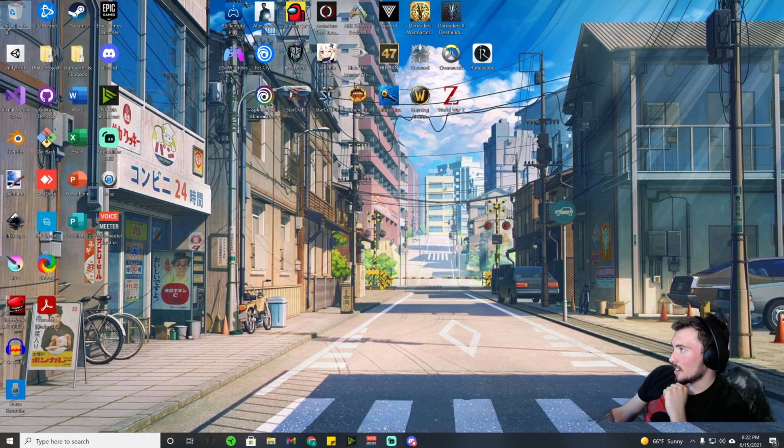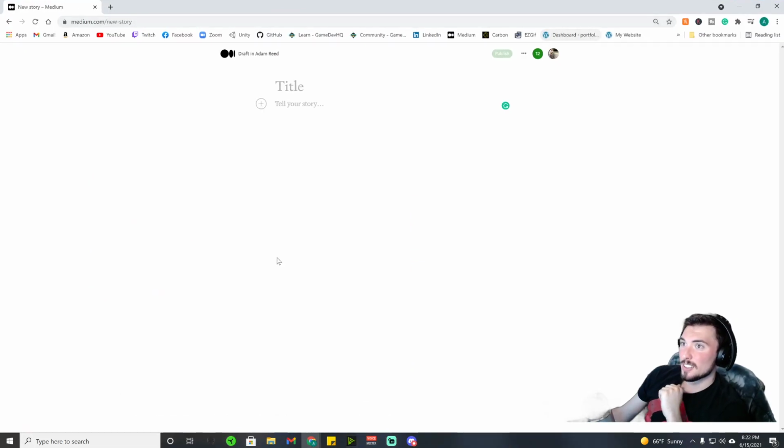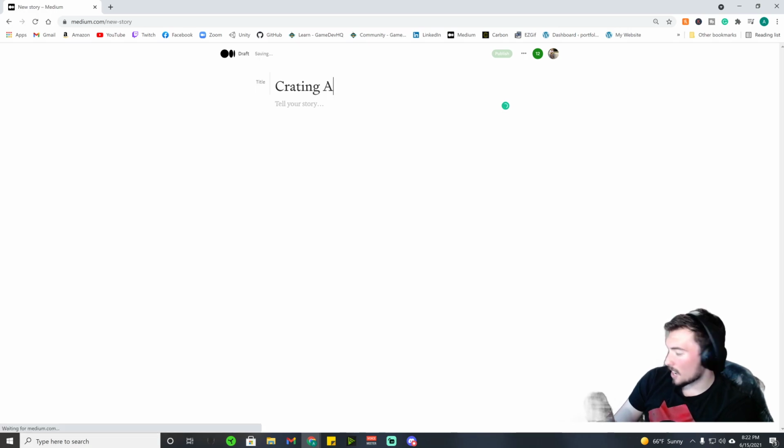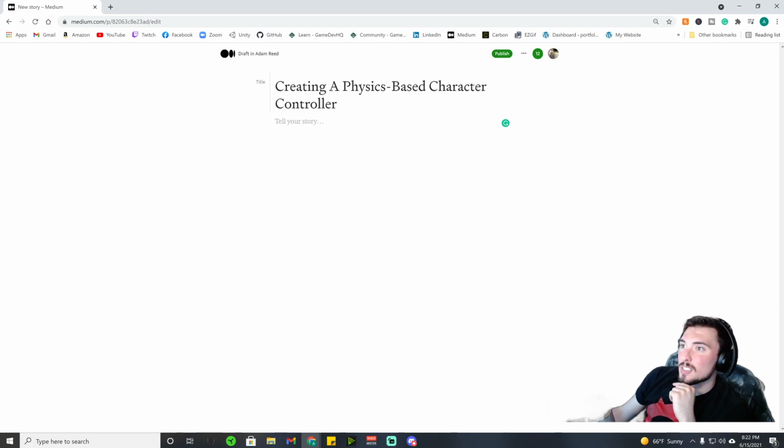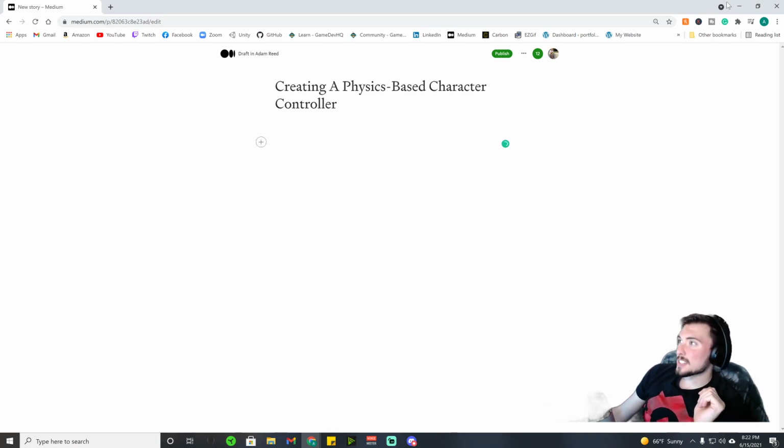And yeah, I have got a new story to write on creating a physics-based character controller. Creating that too. And with that, let's see, what if I just press this? Does it do it? It does. What do you know? Let me take this off and